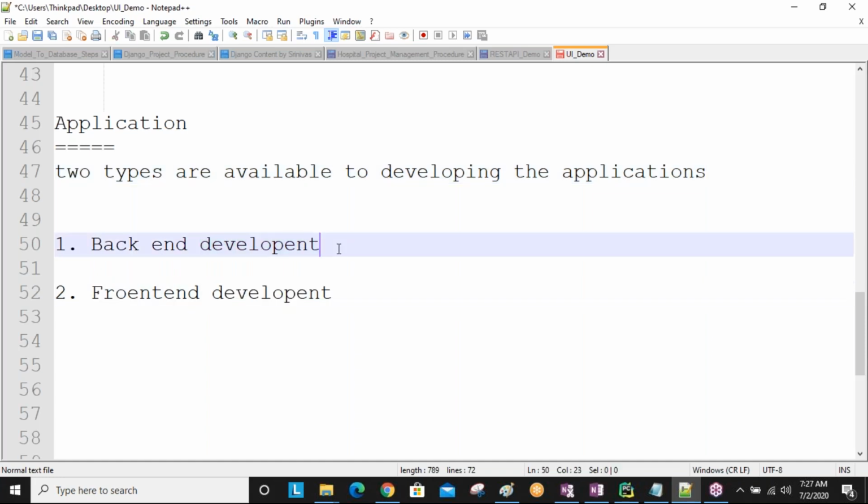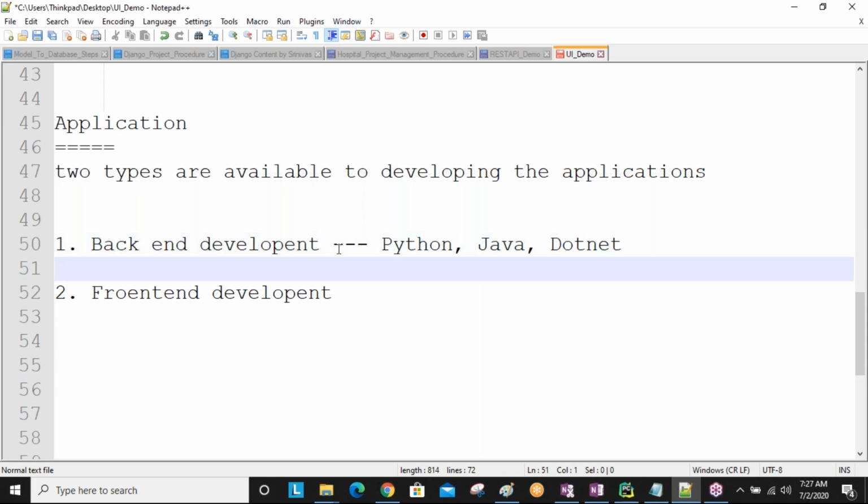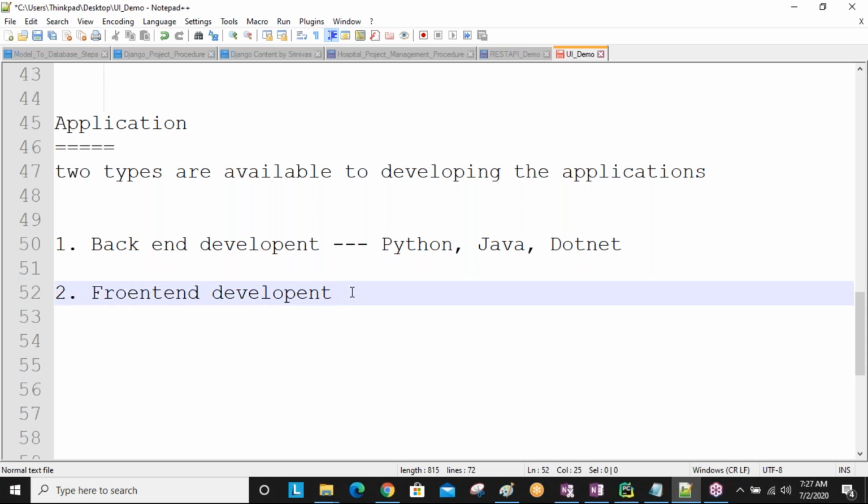Back-end technologies means simply Python, Java, and .NET. These are all back-end technologies. Understand this one? Now, what are the front-end technologies?